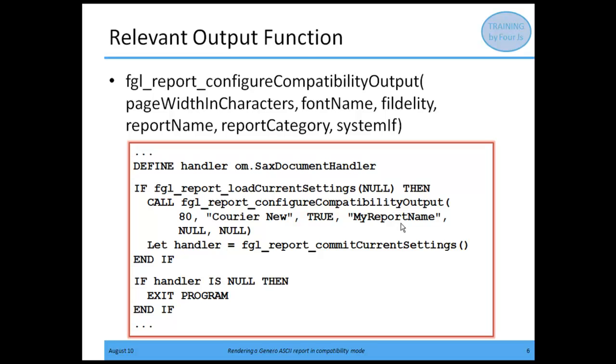If you're using any of these latter things, the report name or the report category or the URL, that means you're using some of the functionality that is documented inside custom compat.4gl, which is located in your greader/src/overloadables directory. If you want to know more about these more advanced options, I would encourage you to locate that custom compat.4gl file and read through the comments within it. But to show you how this works, I'm going to go back to